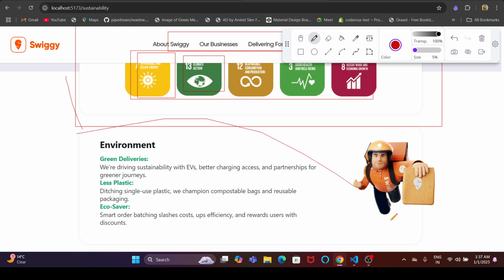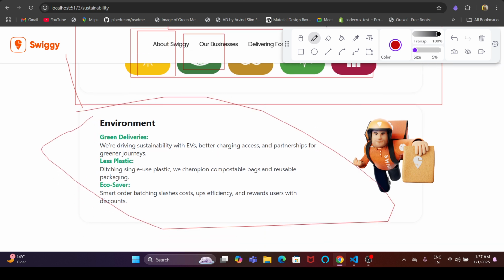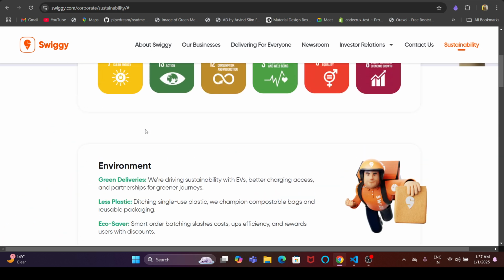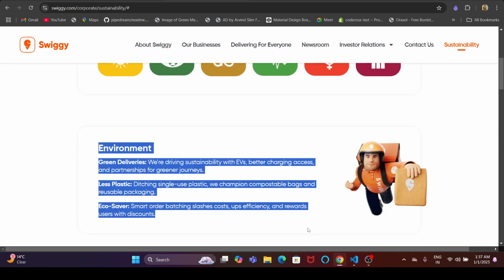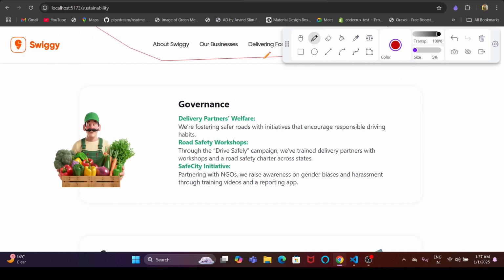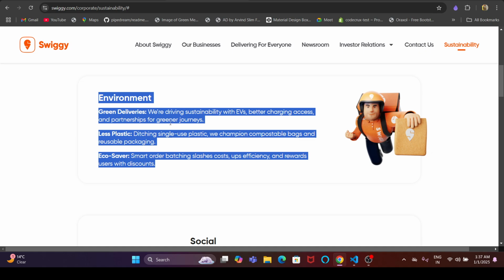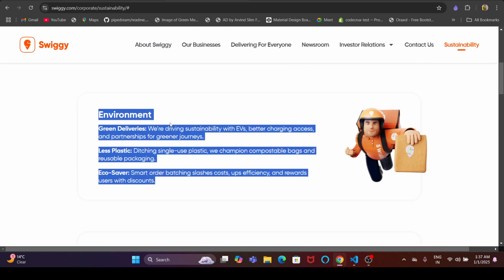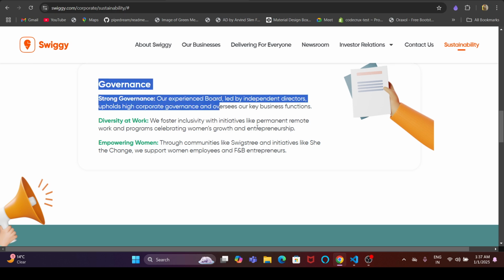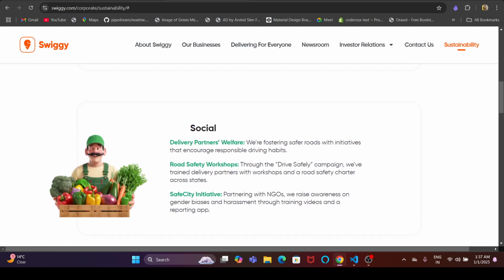Environment is this. This is environment. Here is environment, and governance. Here is governance, and